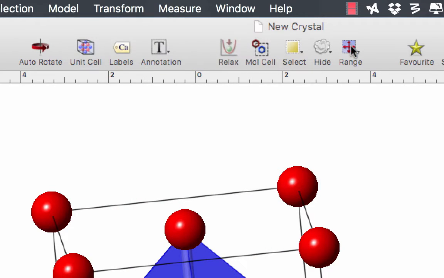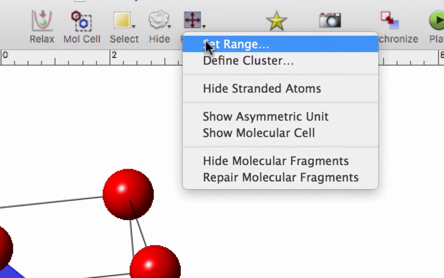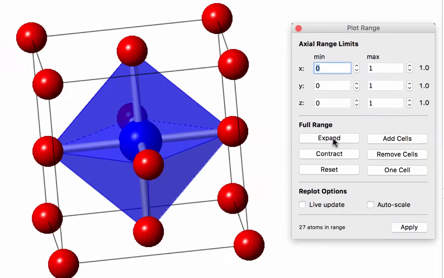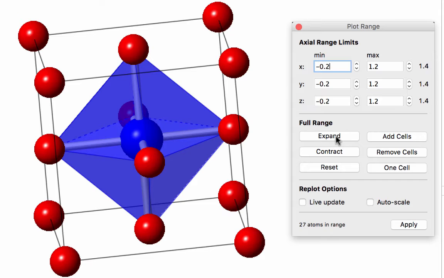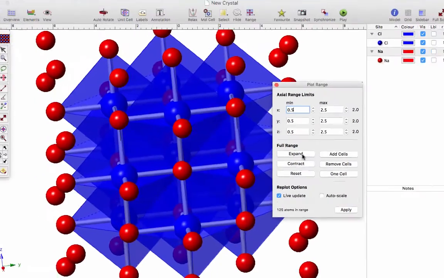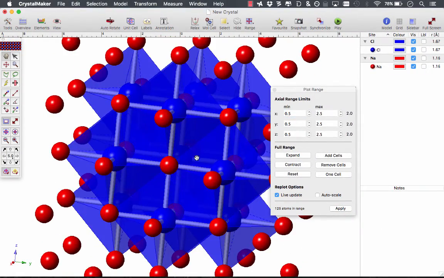I also have this shortcut on my window toolbar here where I can go in and set range there. And then we can just expand until we're satisfied. It's a good idea to tick on the live update, and then it will update the display as we go. And so I'm going to click expand, keep going, and then all of a sudden you have a lot more